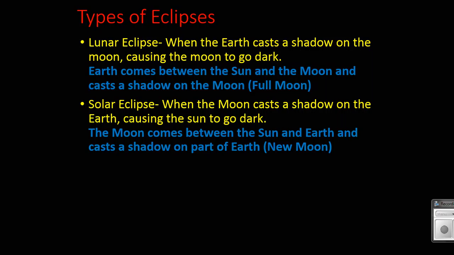the moon, casts our shadow on the moon, and so we can't see it, and it goes dark. During the solar eclipse, I know the sun is really a lot bigger, but because the moon is so much closer to us, the moon will block out the light of the sun. And if you think about it, if you take your finger, like your thumb, and you close one eye